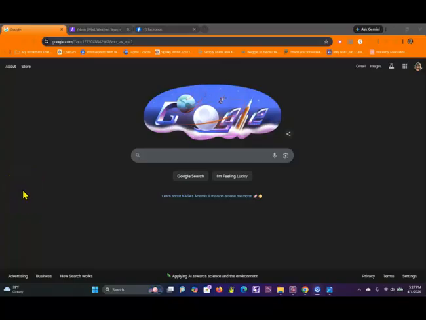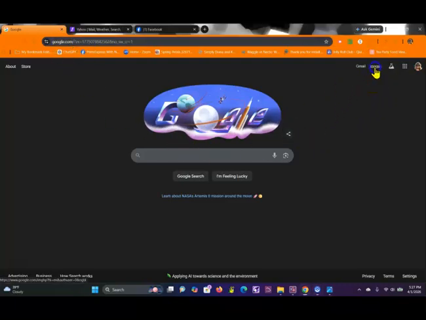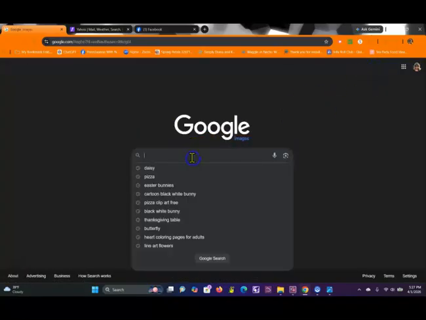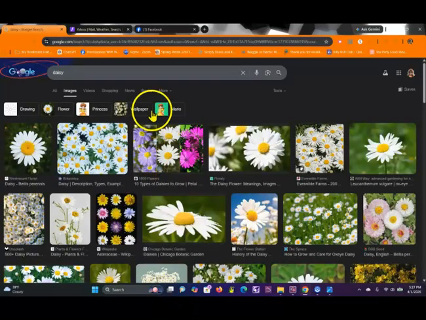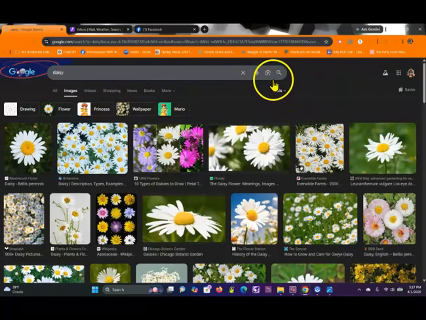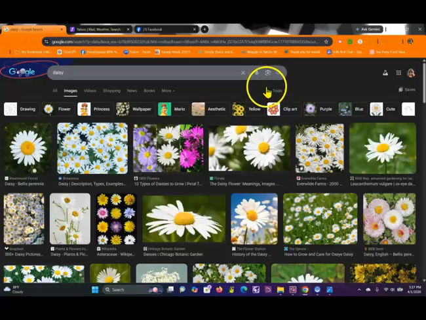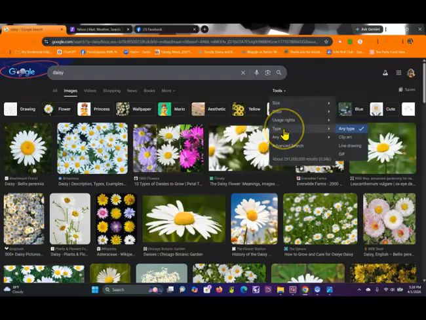To get images to play with, first you go into google.com, go into the image section in the upper right hand corner and type something in. In class today I did a daisy. Right here are the tools, and sometimes people don't remember to use those. You can filter them out by clip art and line drawing. I like line drawings,